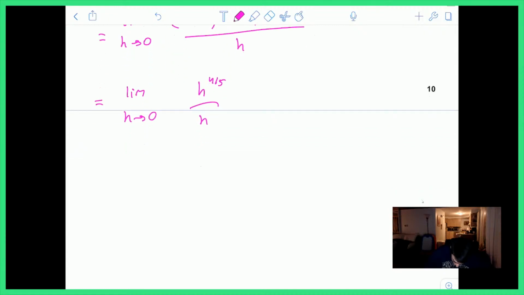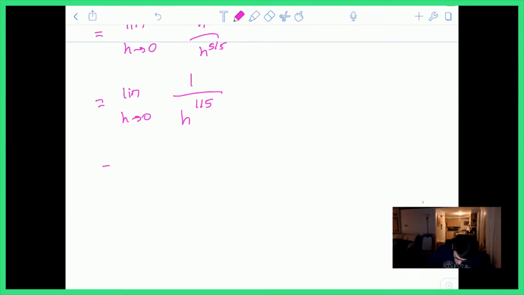And so this is 5/5 on the bottom, right? So this is the limit as h goes to 0 of 1 over h to the 1/5. If I subtract 4/5 from the top and the bottom, I'm left with 0 on the top and 1/5 on the bottom. So I could re-simplify this as the limit as h goes to 0 of 1 over,